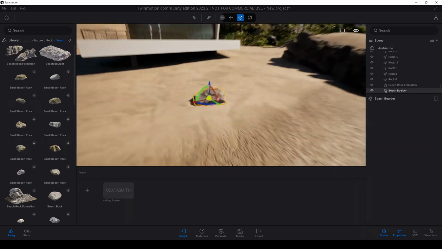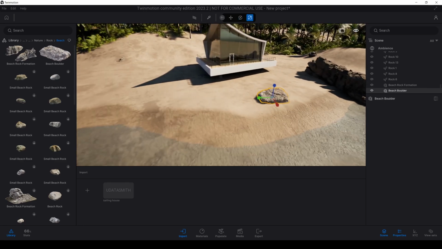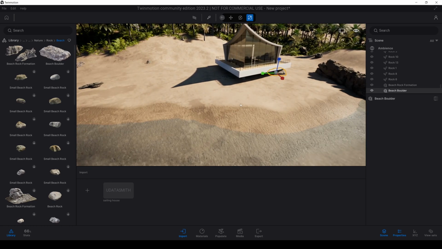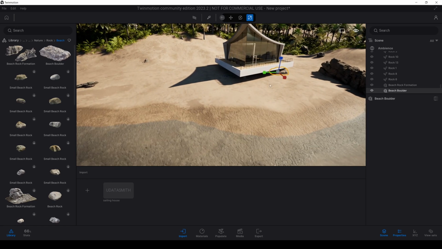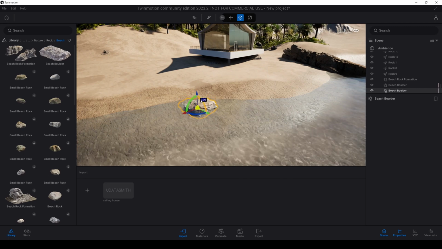What we have here, maybe to here, or maybe inside the sea.